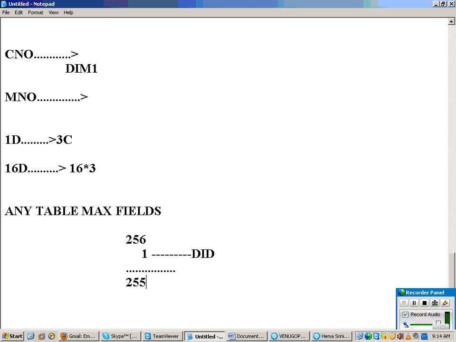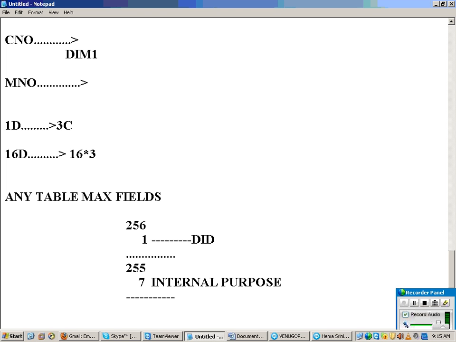So now in this 255, the system is going to use 7 fields for its internal purpose. System uses 7 fields for any internal purpose. 7 fields will go, and what is left now?